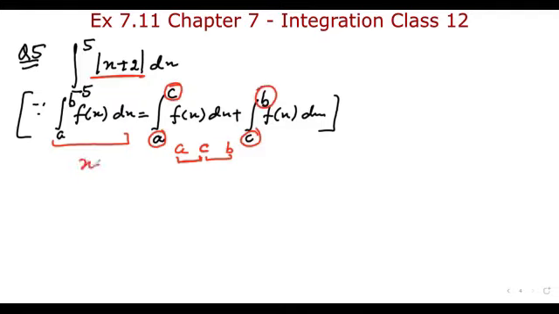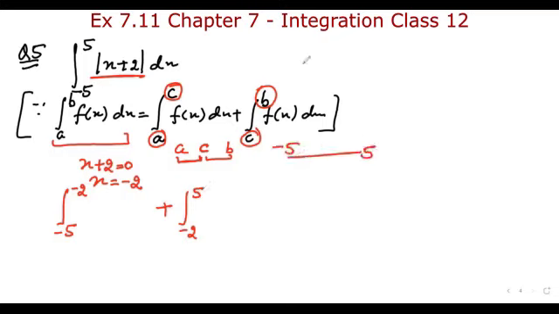So here if I put x plus 2 equals 0, we get x equals minus 2, right? So here it is minus 5 to minus 2, and then minus 2 to 5, because in between minus 5 and 5 I got the value minus 2. So first limit I am taking this, second limit I am taking this as per the formula. On the right side the function will be positive, and on the left side the function will be negative,